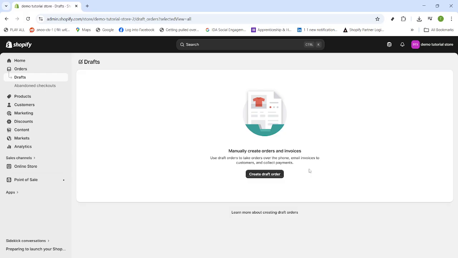You've just learned how to navigate to orders, open the drafts view, create a quick sample draft, and delete draft orders confidently. Keep this routine handy for regular housekeeping so your Shopify admin